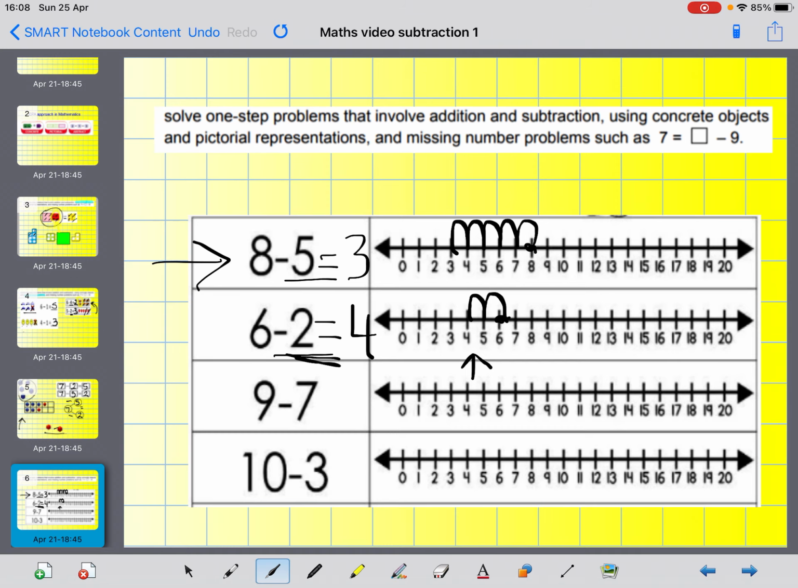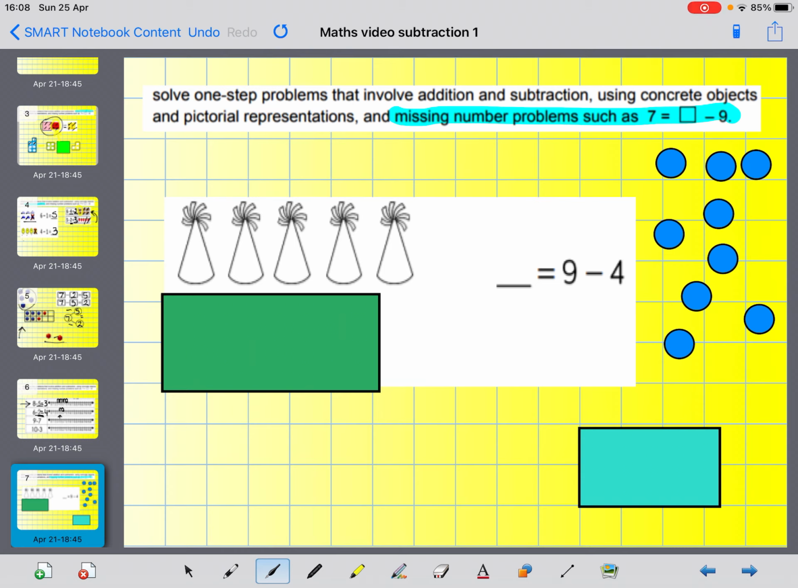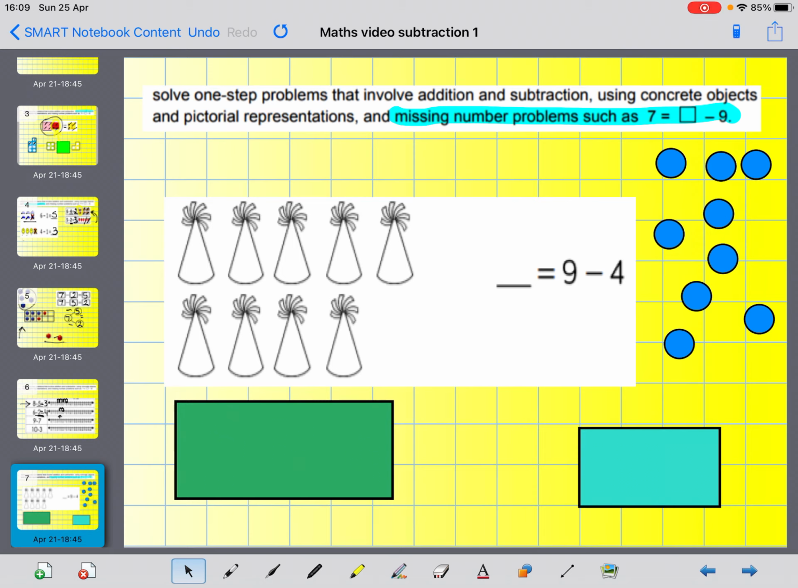So when we solve subtraction missing numbers, for example, the year 1 statement also says solve one-step problems involving subtraction and using missing number problems, such as, and look at the example here. I've got some party hats, and I've got them in order, so I might count them 1, 2, 3, 4, 5, 6, 7, 8, 9. There are 9 counters,